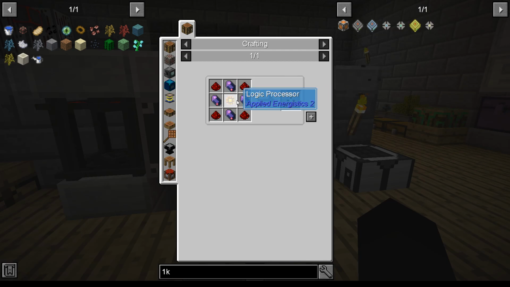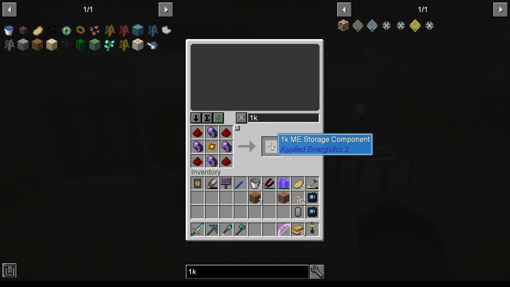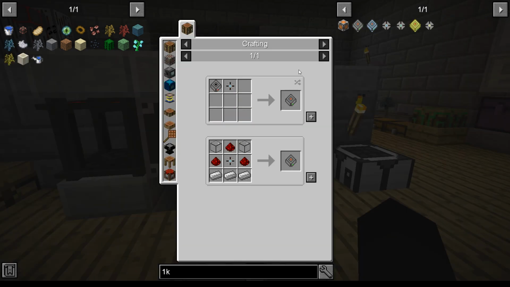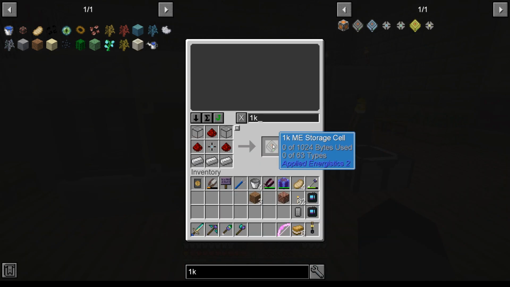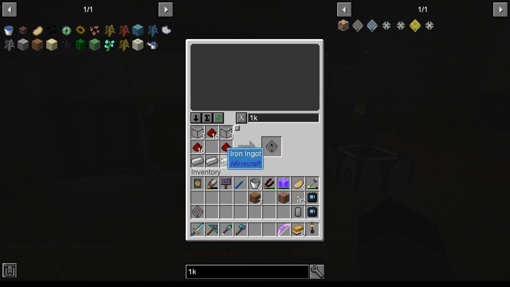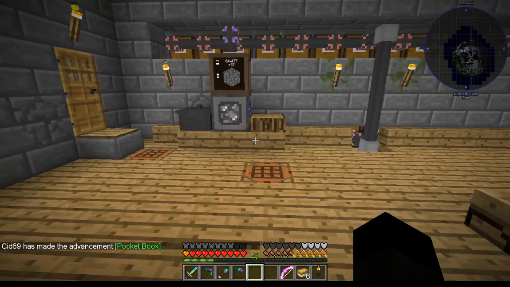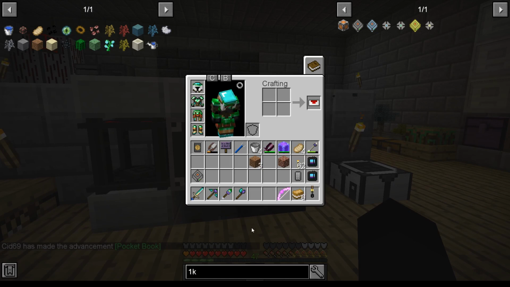Storage cell requires a 1K thingy, which requires all of that. There we go, that's a 1K storage cell. One of those, that goes in there, that gives me a 1K storage cell. Lovely. Why did I want a 1K storage? Oh, I also want